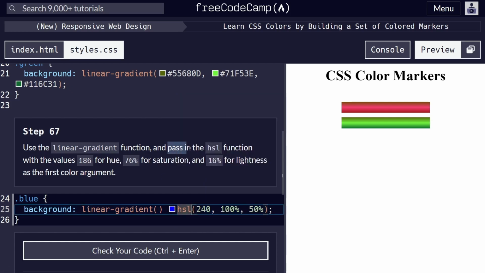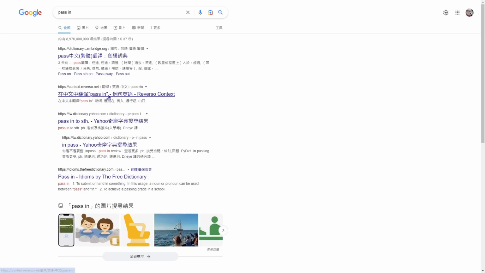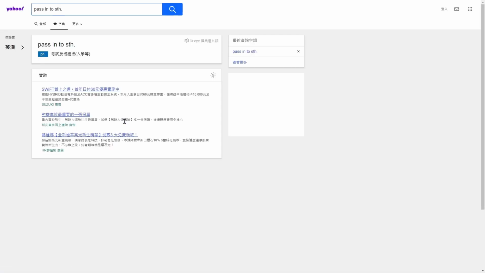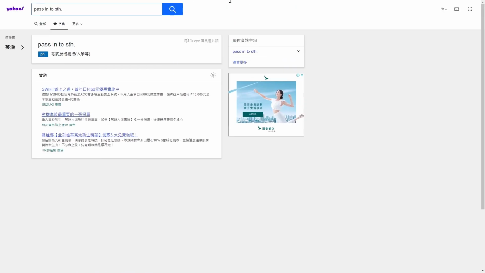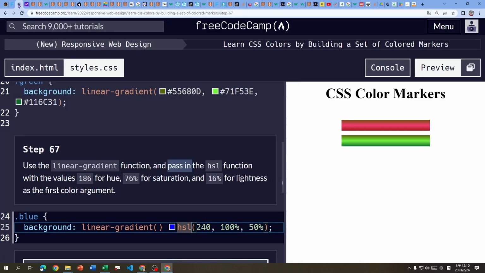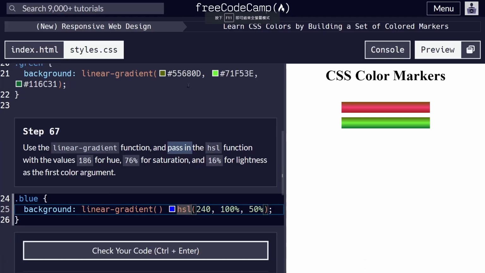Passing 想确认一下 passing 是什么意思。好吧，似乎找不到那个意思。For hue,